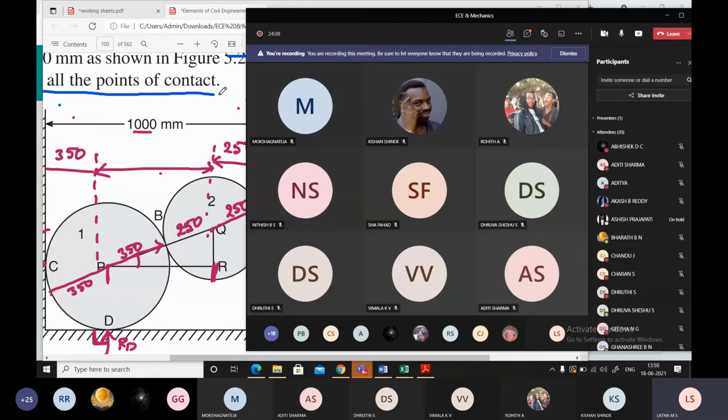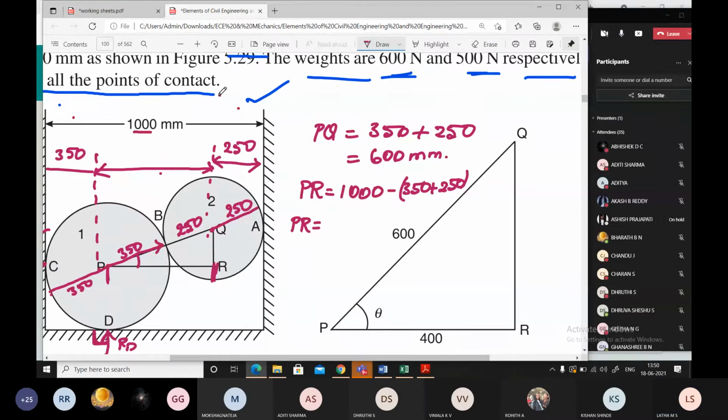What's the value you get, students? 400, ma'am. 400. Did you understand? How do you calculate? Did you follow? Yes, ma'am. Now you give the value of theta. How do you calculate the value of theta? What will you take? Tan inverse. Cos theta is equal to adjacent by